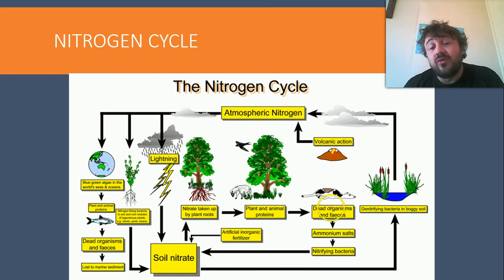Then we die, or we poop it, and it goes back into the soil. The nitrifying bacteria turns it back into soil nitrates. Some of this will go into the water, which will then evaporate up into the atmosphere again, and also volcanoes will spew more into the atmosphere, which makes sense because we also lose some down here to sedimentary